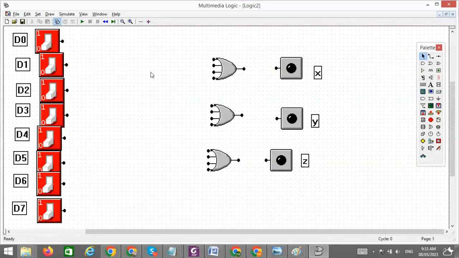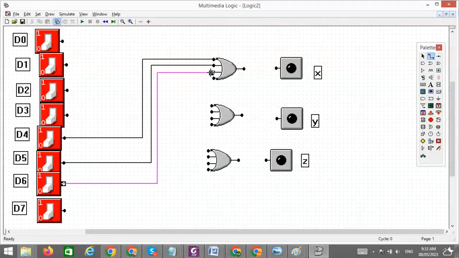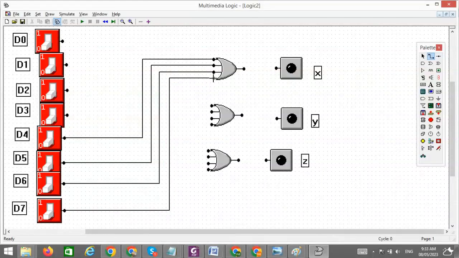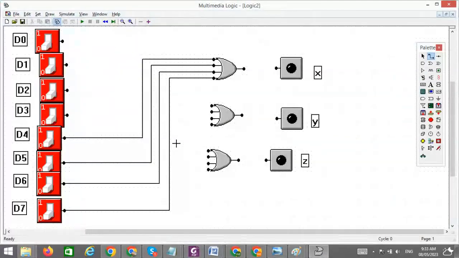Now I give the connections for X. It goes from here to here, and then from 5 to the second input, and 6 to these inputs, and 7 to the last. Now you see the next one is coming from D2, D3,